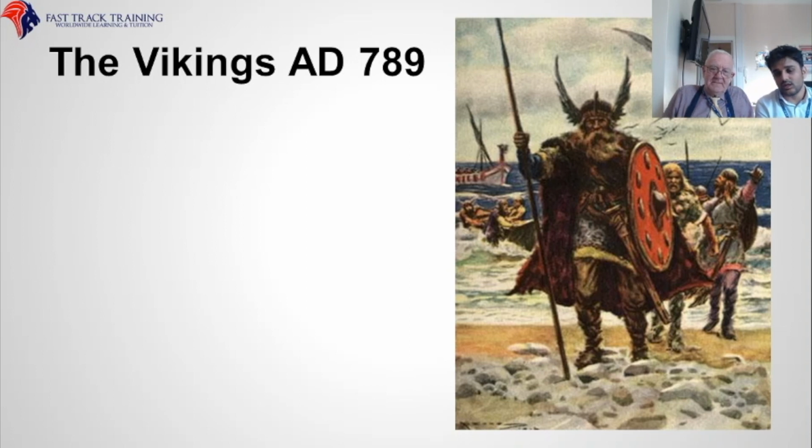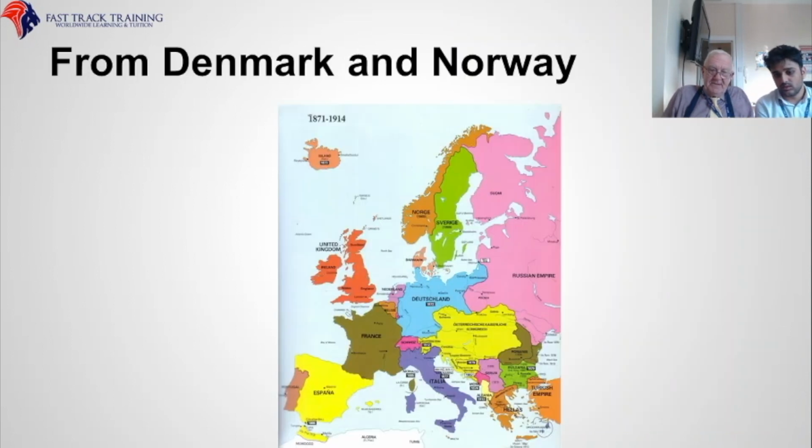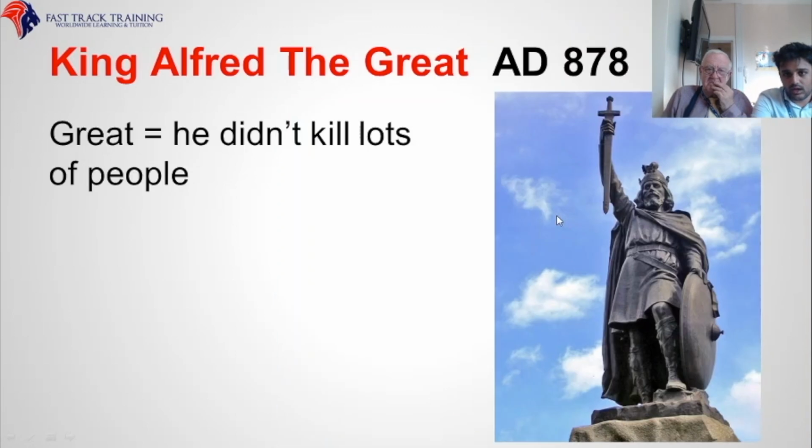Now the Vikings, they came from Denmark mainly, and they were very warlike, very fierce, and they sold people into slavery. They pillaged, they looted, and they did it in the east of England. It got very cold in Denmark and Norway, so they did come down for food. And when they were here, they pillaged and looted. So in 789 they came, and in 878 King Alfred the Great